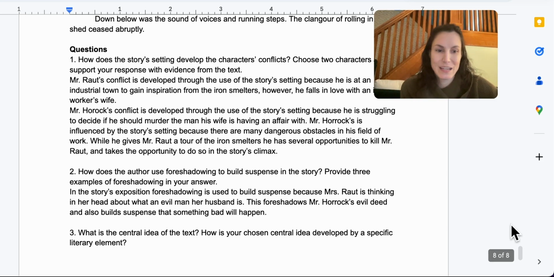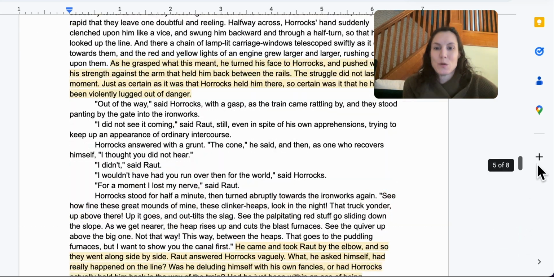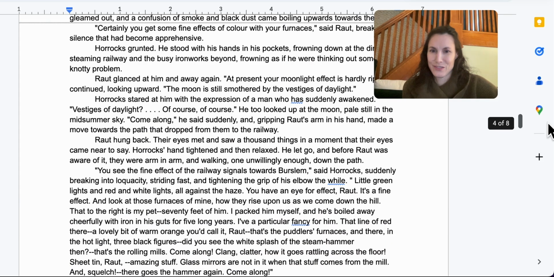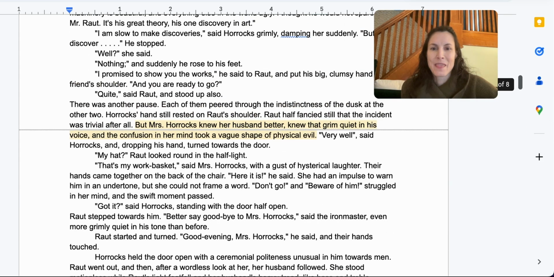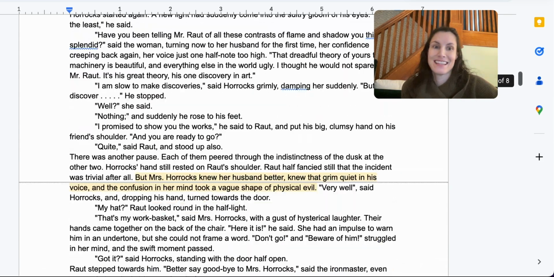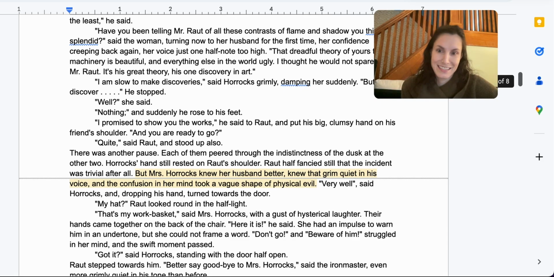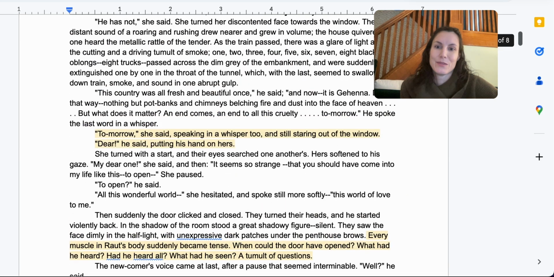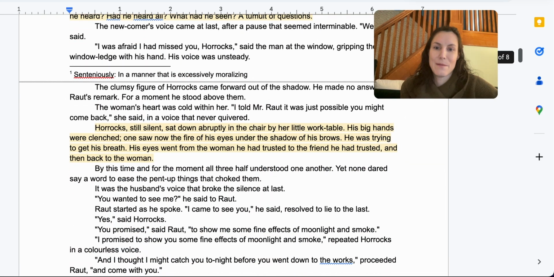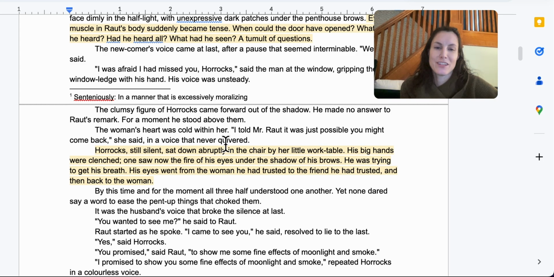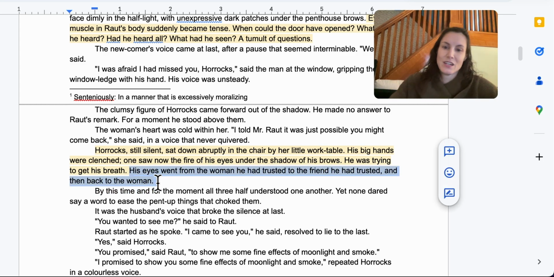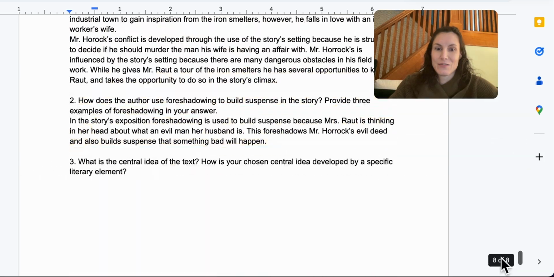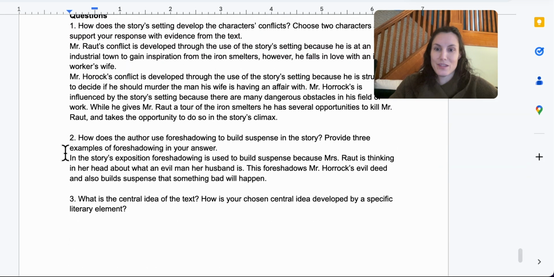And then other examples of foreshadowing, we had Mr. Horrocks' name kind of foreshadows that he's going to do something horrible. We could say it was foreshadowing that Mr. Horrocks was going to seek some revenge because he obviously knew. This example, when Mr. Horrocks' eyes went from the woman he had trusted to the friend he had trusted, then back to the woman. We could even use this quote here, and we could say, for our first example, that comes even before that,